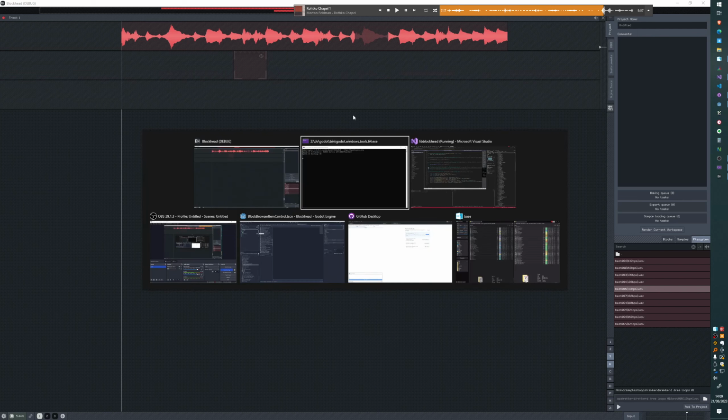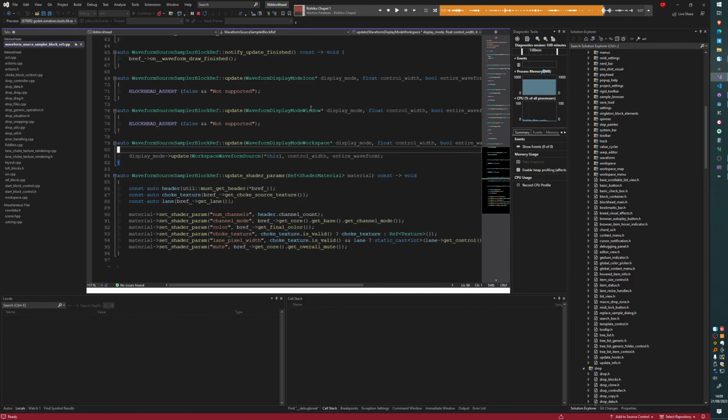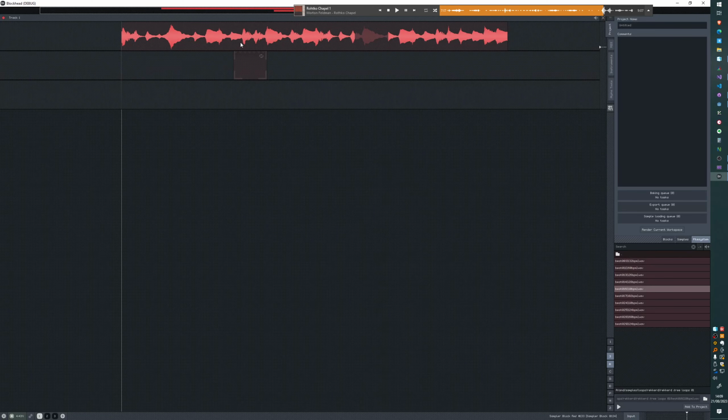Okay, I think I know what the problem is there. There's two parameters in the waveform shader which I need to pass in, which basically specifies the size and location of this block in screen space, I think, and that's used to calculate the choke shading, like the relative location of it, relative to the left-hand edge of the waveform. And